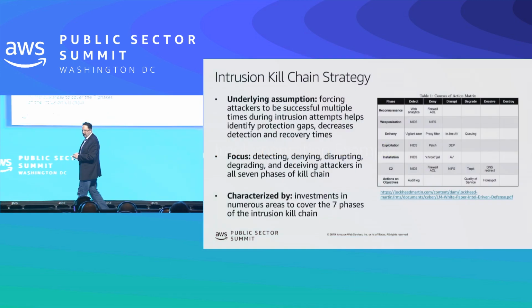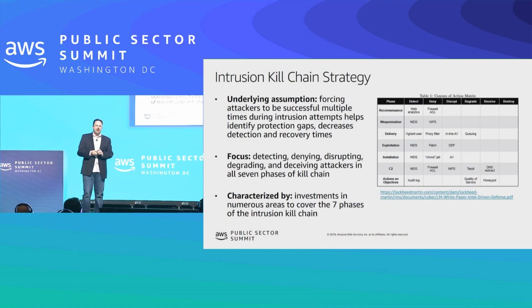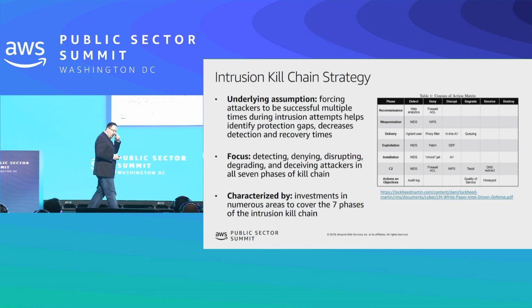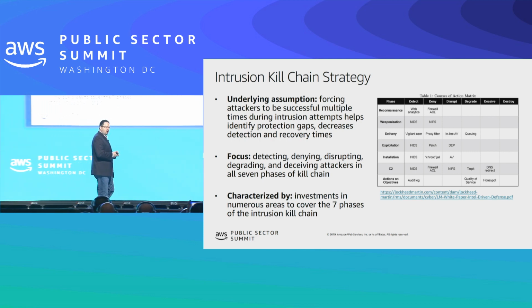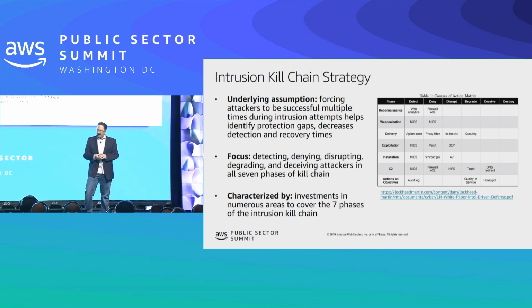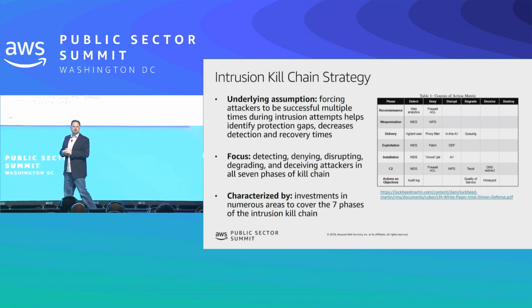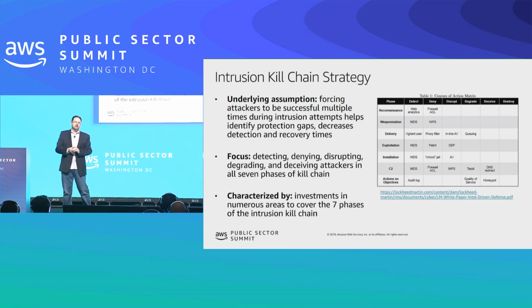So let's talk about one of those attack-centric strategies, the Intrusion Kill Chain, that was pioneered by Lockheed Martin years and years ago. They wrote a white paper 6, 7, 8 years ago at this point. And if you haven't read that white paper, I provided the URL here. I think it's required reading for cybersecurity people at this point. But I describe this strategy as a transitional strategy, okay? If you're trying to move to the cloud, there's certainly a better strategy to use.